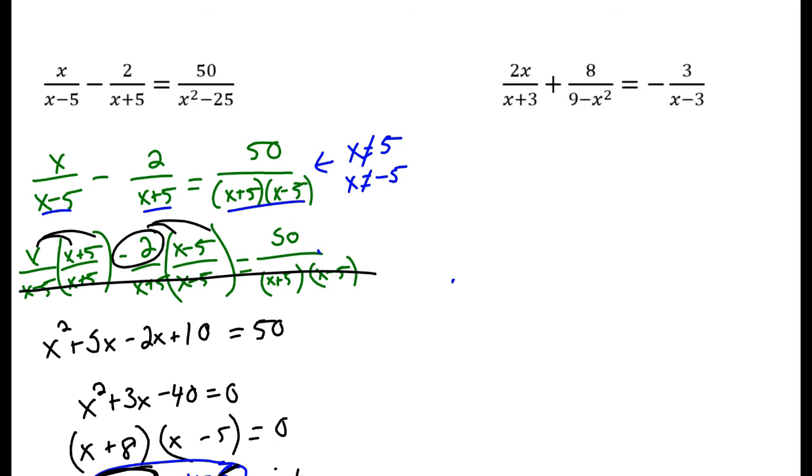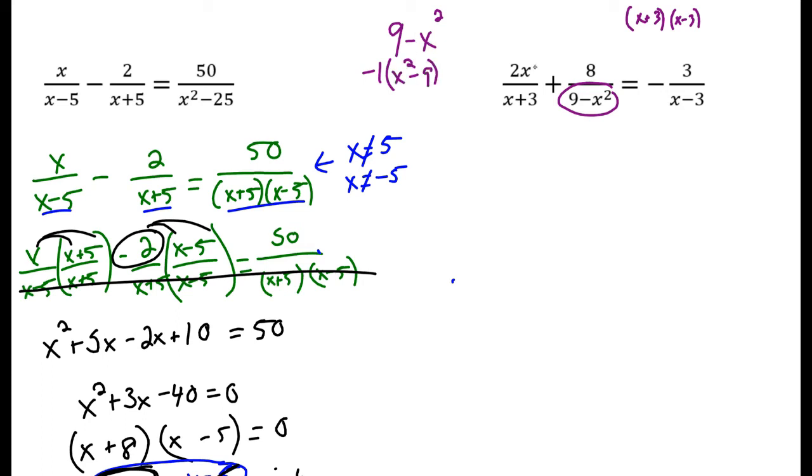And finally, 2x over x plus 3 plus 8 over 9 minus x squared equals negative 3 over x minus 3. So I want to factor that 9 minus x squared, but I don't really like the order it's in because I've got x plus 3 and x minus 3. So it would be nice if I could get those to be x plus 3, x minus 3. So here's how we deal with that, and this is where we have to watch out for those pesky negative 1s. If I take out a negative 1 from here, I get negative 9 plus x squared, so x squared